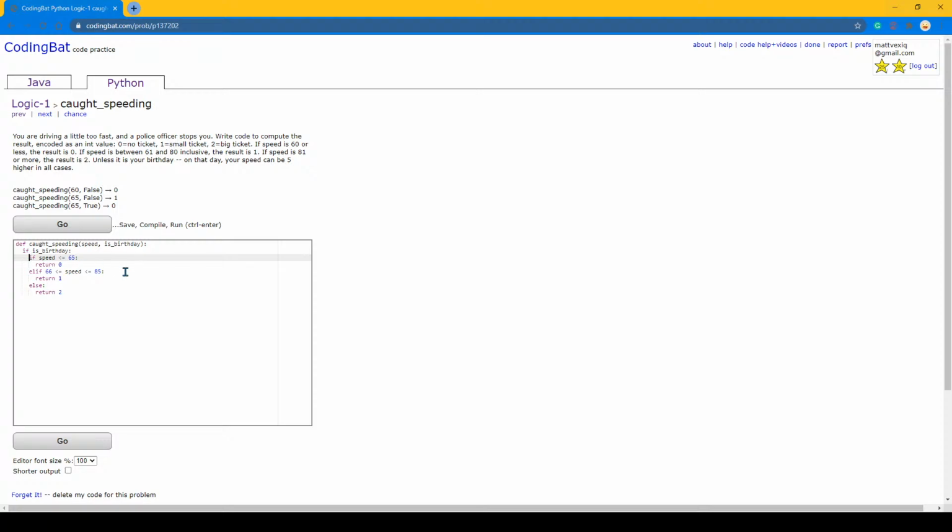And when we delete this, that means that we have to re-indent everything over here, so we just press delete once. And now, if it is our birthday, in fact, all we have to do is just subtract 5 from our speed